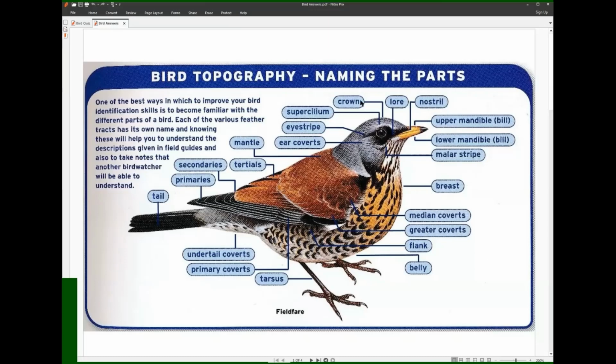Okay. A is crown. B is lore. C is nostril. You've got the upper mandible, the lower mandible, and they are the parts of the bill rather than, I mean, beak tends to be a term that's frowned on in the birding world. Then you've got